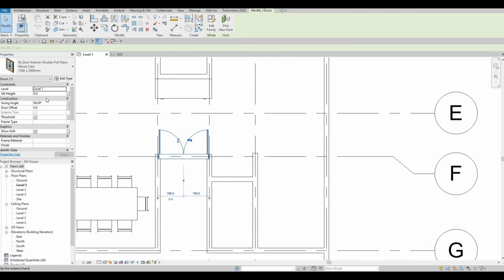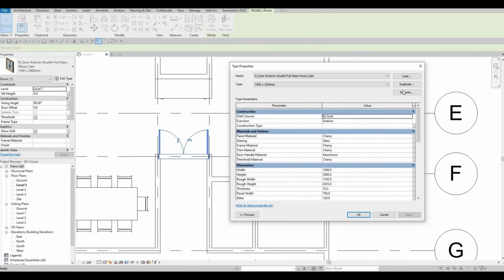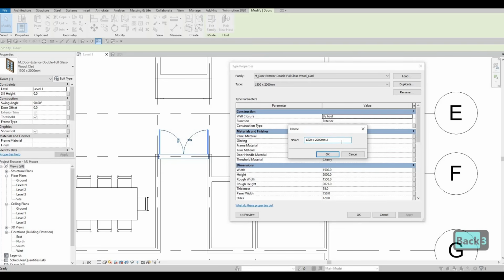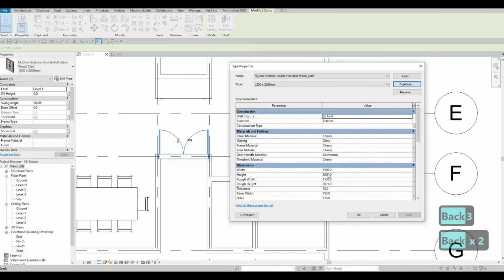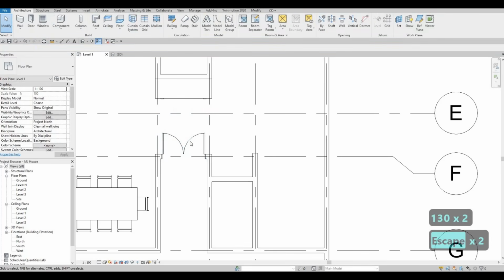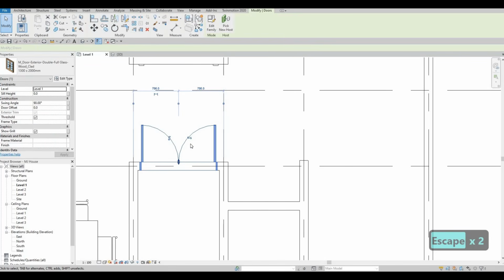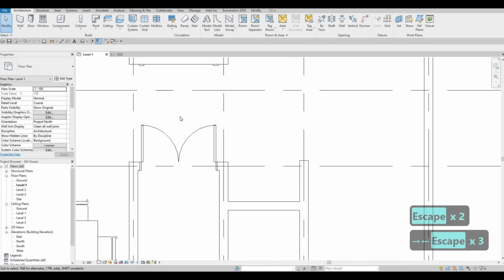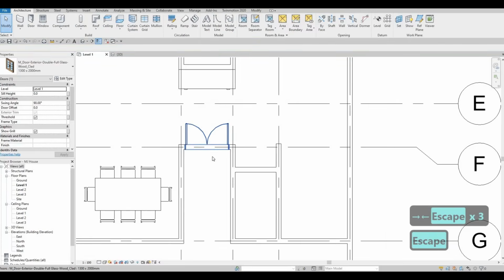going inside right here, but let's edit this type and then let's duplicate this. I'll probably want it to be around 1300 to give it more space, and then here the width 1300, and there you go. You added or you edited a family again,